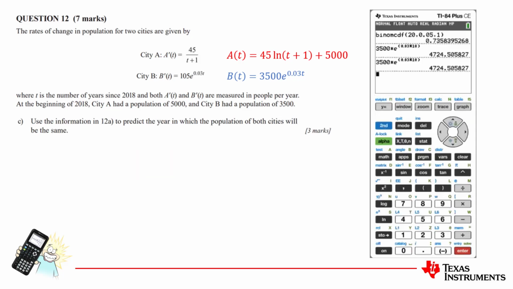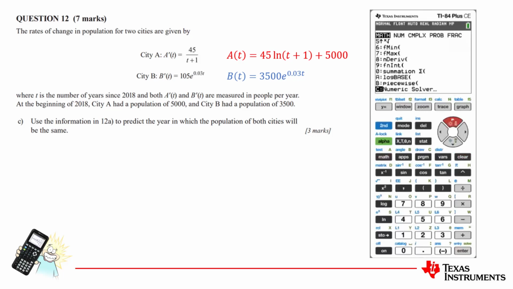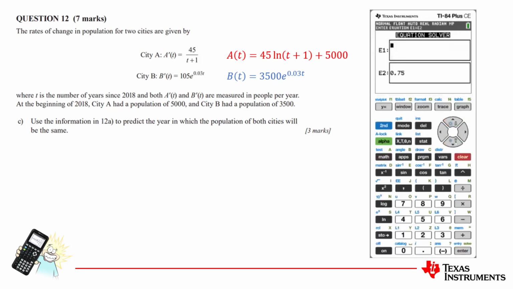Part C, we're using the information in 12A to predict the year in which the population of both cities will be the same. So we're finding when city A is the same as city B. There's a few different ways we could do this on our 84 calculator. The way I'm going to show you first is using the numeric solver function. In the numeric solver, we can find any two equations that we want to be equal to each other. So in equation 1, I'm just going to type in that first equation: 45, the natural log of x plus 1